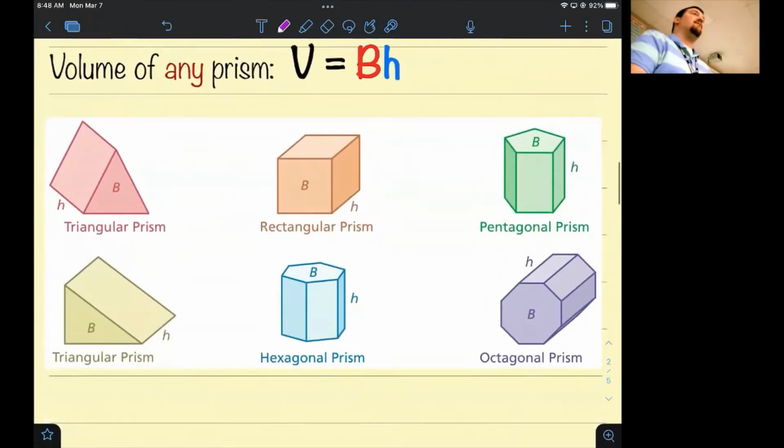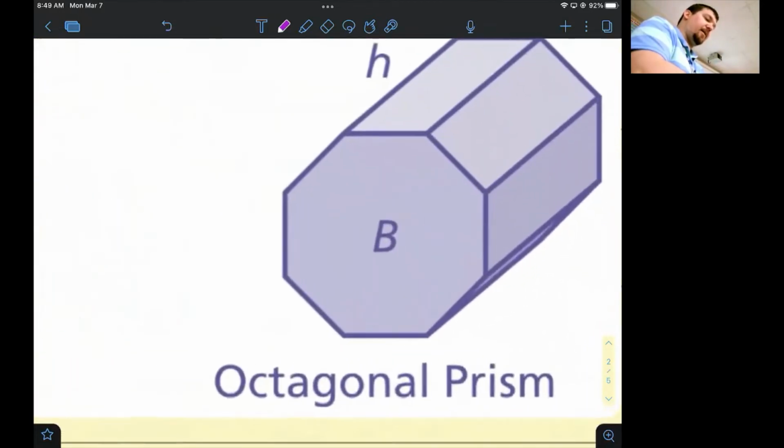Now, that formula of V equals capital B H can be used for any prism. It can be used for triangular prisms, like we'll talk about in a moment, obviously the rectangular prisms, and also for pentagonal, hexagonal, octagonal, decagonal, dodecagonal, undecagonal, nonagonal, heptagonal, all sorts of gonals. It works for any prism, regardless of what the base looks like. So, although you don't know the formula to find the area of an octagon,